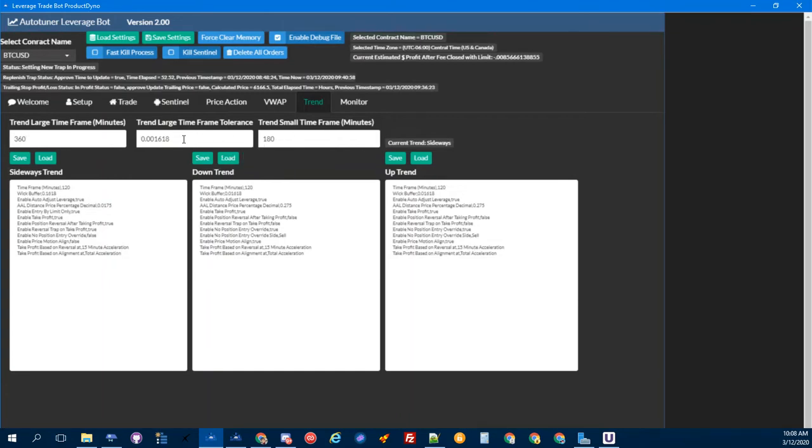And then we put a tolerance on there, plus a little extra just to make sure. And then the small time frame is what it subtracts from. So this is 3 hours that it subtracts from. Okay, so there is like a 3 hour period window in there. We might want to put this into maybe 60 might be good. Okay, so that way there is 1 hour of blindness in a sense, because we can't calculate everything in the